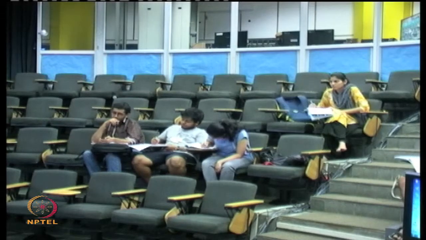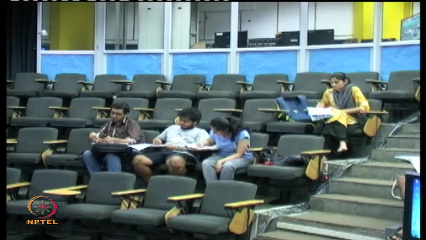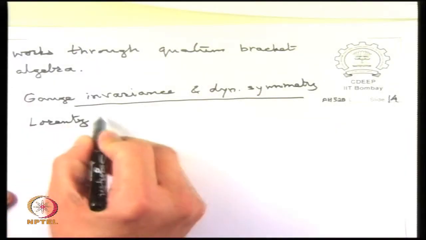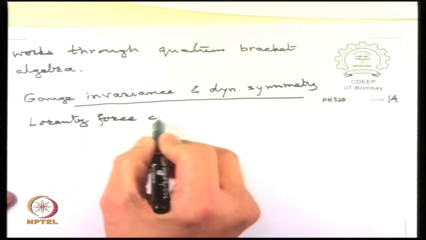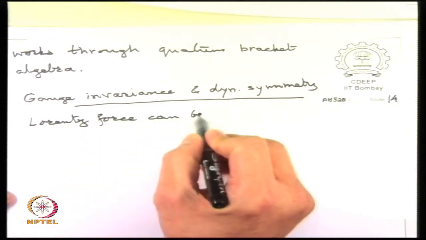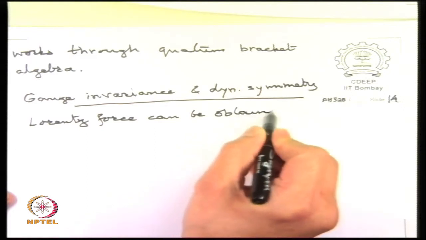The last comment I want to make is that symmetry alone determines the classical wave equation. Okay. But let us just go to the issue of gauge invariance and dynamical symmetry. So the story begins by observing that Lorentz force can be obtained in canonical framework